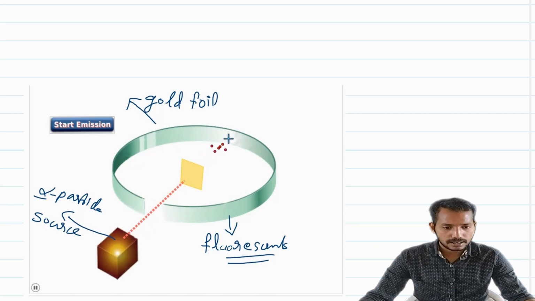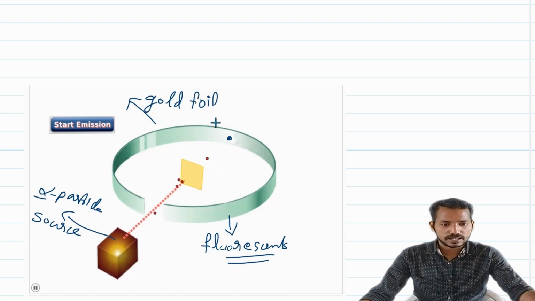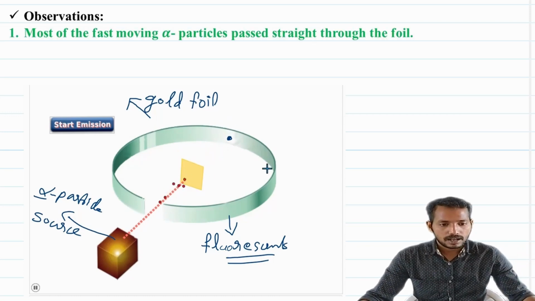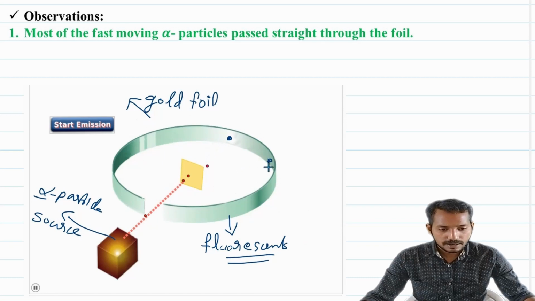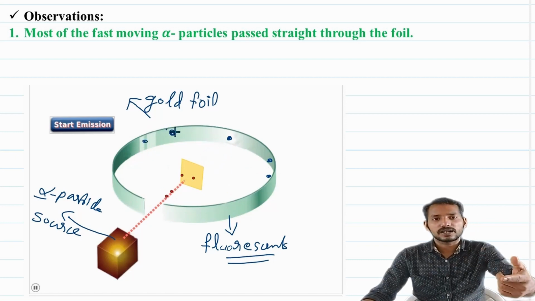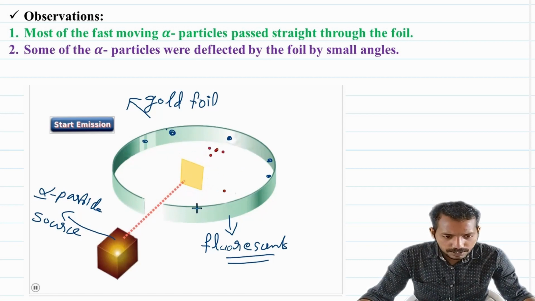So you can see that most of the alpha particles, a large number of alpha particles, are moving straight through the foil without any deflection. That is the first observation. And you can observe that some alpha particles are deflected by the gold foil by a small angle. And very few alpha particles you can see